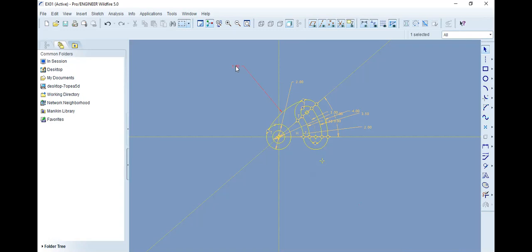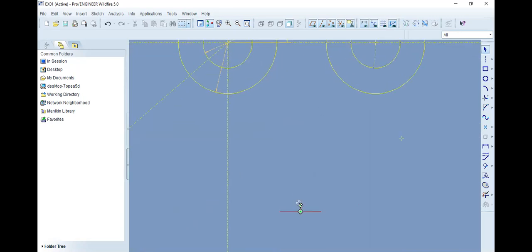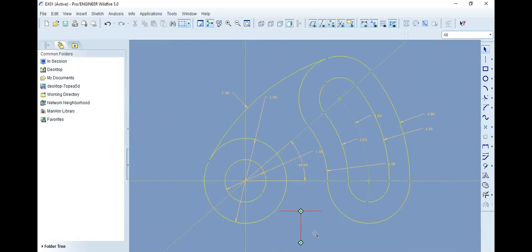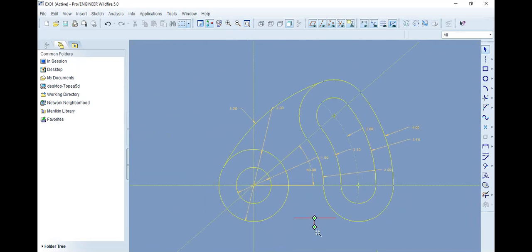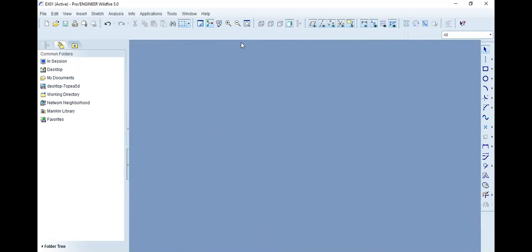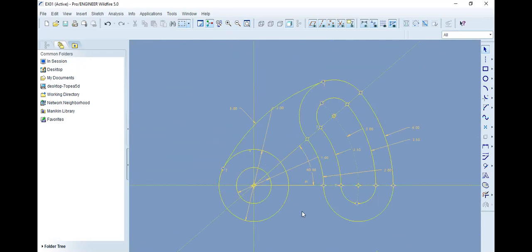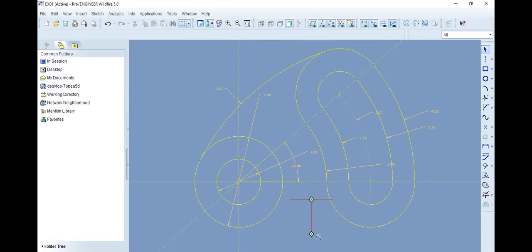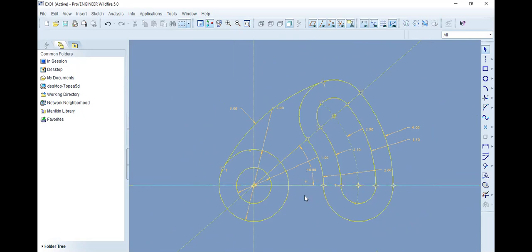And you can extend and reduce the length of the extension line. This is the extension line, right? You can reduce and extend the length, right? So this is the zoom in zoom out here. Control button, middle mouse button, and move the mouse. Control and middle mouse button, so both the buttons you have to press at the same time. Press the control button, press the middle mouse button, and move the mouse for zoom in and zoom out. If you move the mouse in one direction, it will zoom in. Other direction, it will zoom out, right?